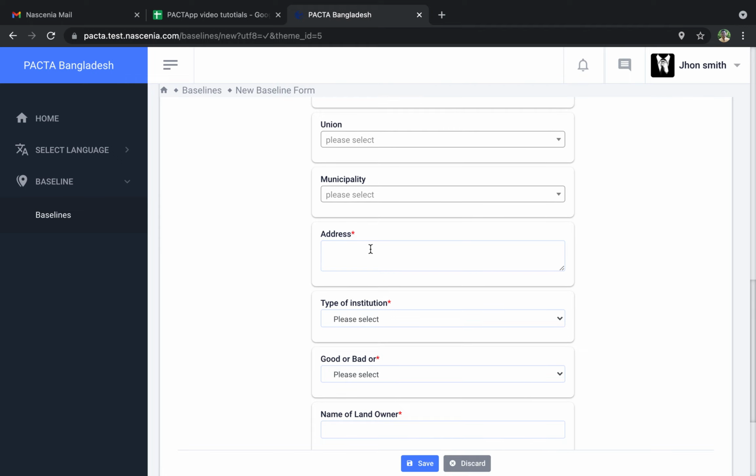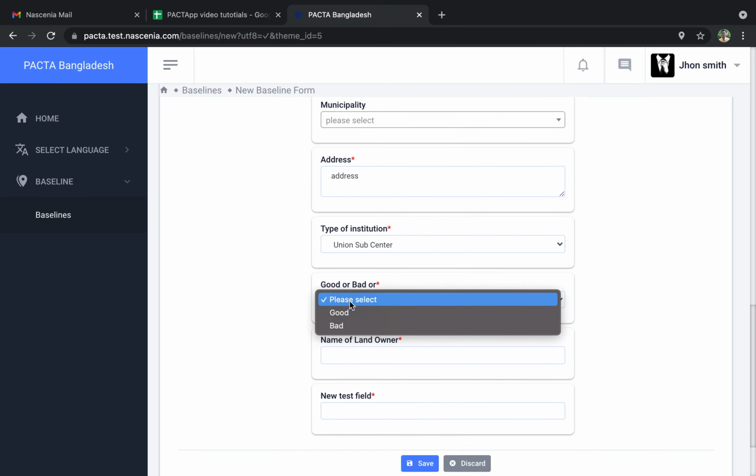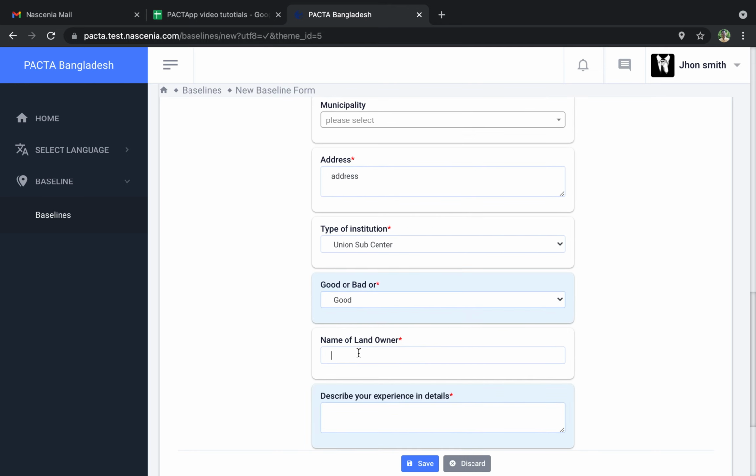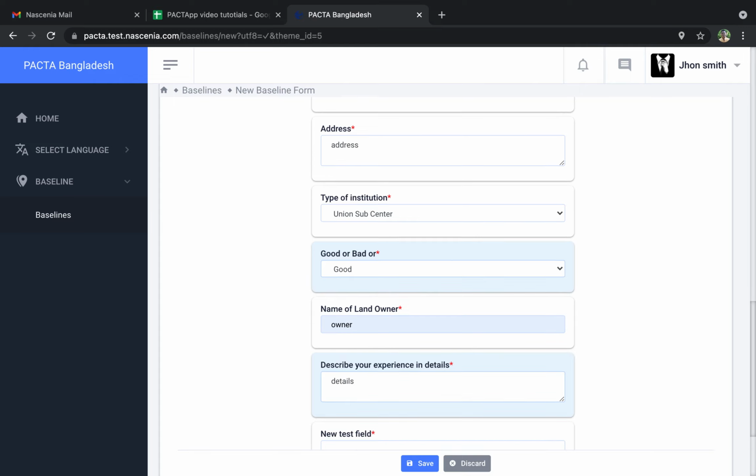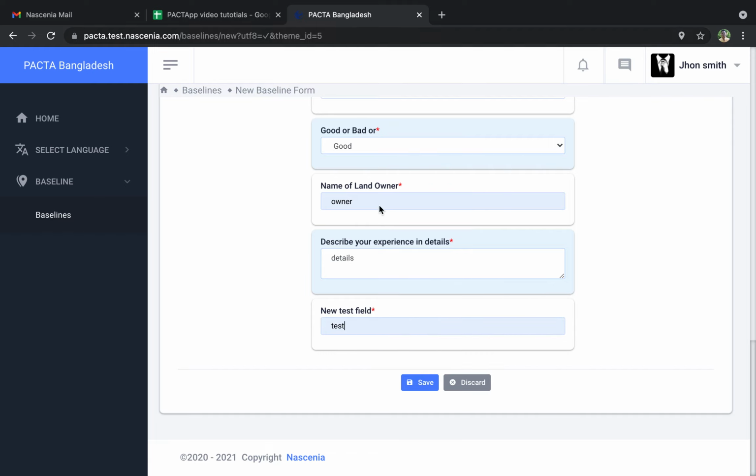We have to provide the other required fields. Finally, we have to click on the save button.